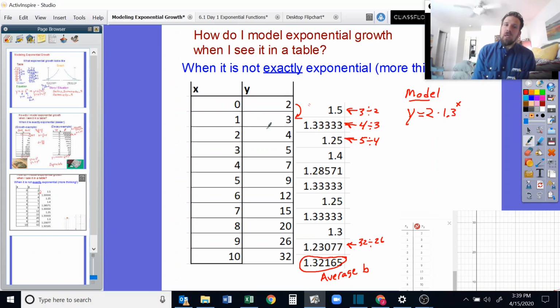If you plug in 1 and 2 and 3 and 4 into this model, you won't get these exact numbers, but you will get something that's really close. And that's really what a model is meant to do. It is not perfect, but it's close enough to help inform us about a trend